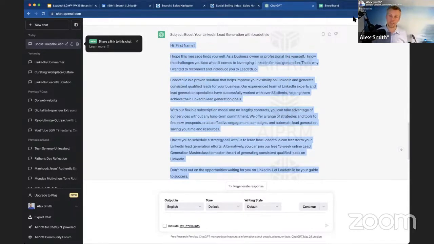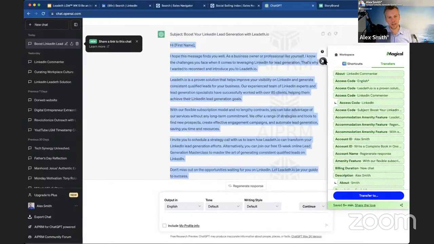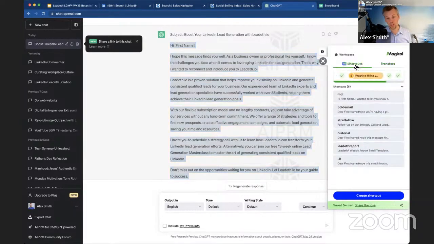So what we now need to do, if you're not using any automation software, is often you don't want to be copy and pasting all the time. So there's a great little plugin for Chrome called Magical. Looks a little bit like that little M. And what we can do is create what we call shortcuts. These are called AI shortcuts. And this is, if you were doing it manually, this is how we would do it.